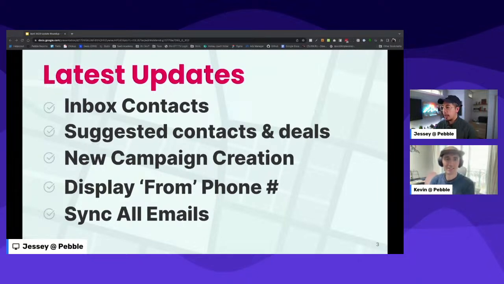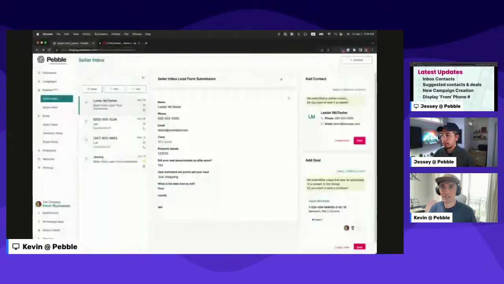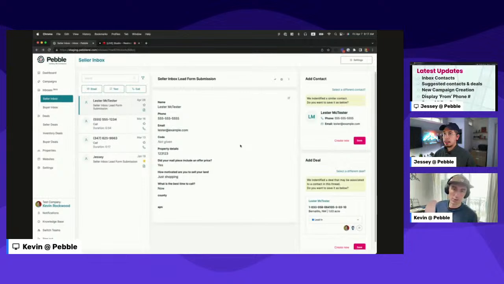So I'm also going to get Kevin to share his screen, but the first one that we want to talk about is our inbox contacts. Kevin, do you want to share your screen there? Yes. Are you able to see that? Yep. Okay. So, this has been a big request from people, that, as you know, we shipped this new